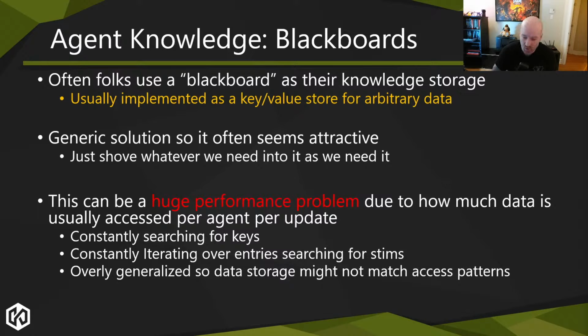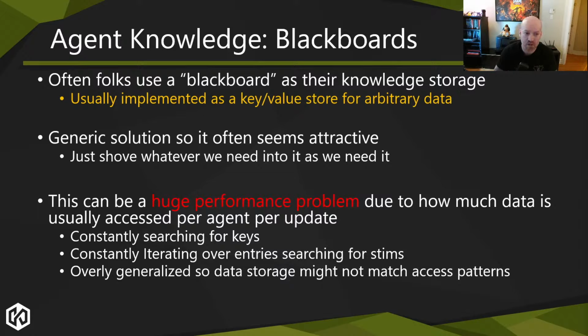Because during our AI updates, both through sensors and decision-making, we go through a lot of data, right? There is a lot of stuff to be checking, like, did I hear something? Where did I hear it? How far away was it? What type was it? What can I see? Who can I see? What are they doing? And all those kind of things. And you end up just constantly scanning through these keys, right? You basically just keep searching either for keys, or you keep saying, I need all audio stims. And then I go through all audio stims.